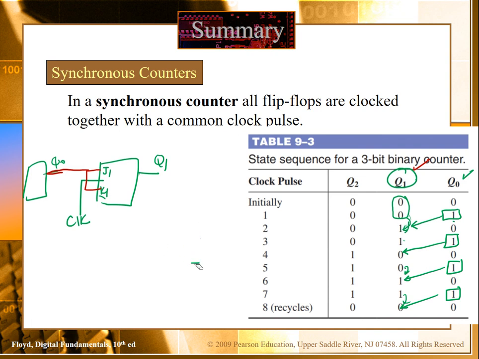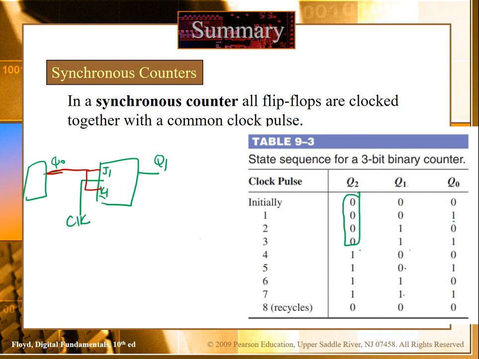For the next one, if you look at the state diagram, what is actually happening? Basically we have to look at the change of the states. These are the initial states and then it changed to 1. When it is changing to 1, look at the previous inputs. The Q2 is changing its state when both Q0 and Q1 are high. Again, the state is changing here when both Q0 and Q1 are high.